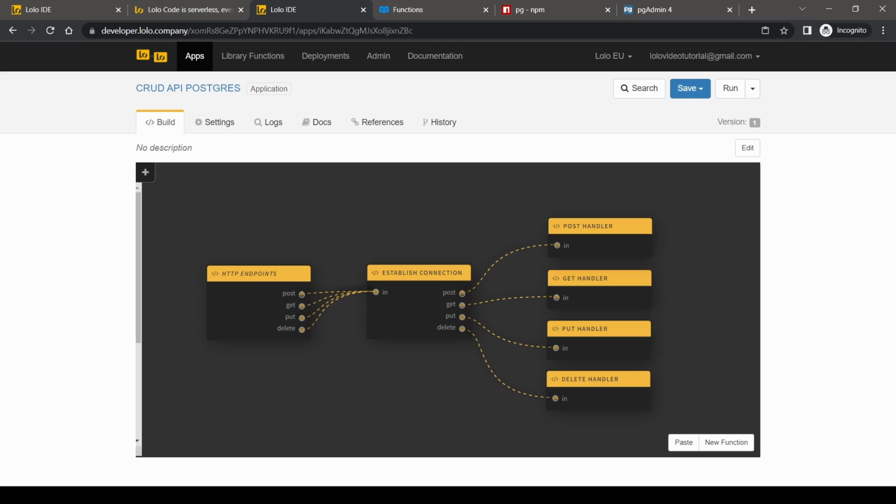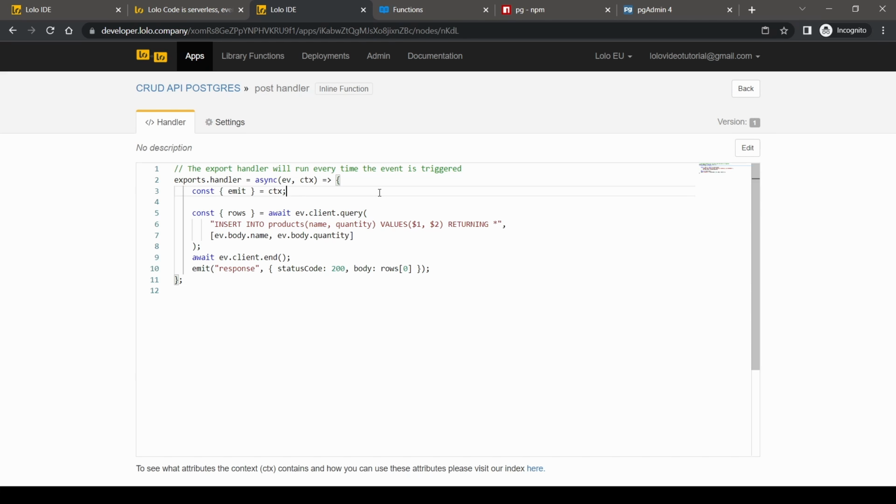Let's go ahead and quickly do one for post. So for post, assuming everything works correctly, we can double click here, and then I'm just going to paste this in here. Basically what's going to happen, it's pretty similar and pretty simple actually, as you can see. What we're going to do here is extract this emit method from the context, and the emit method, if you visit the documentation, you'll know